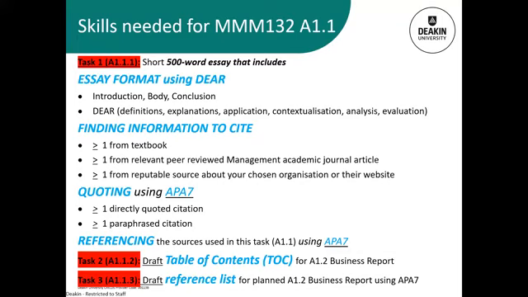You should use in your essay the DEAR format. So in your essay, in an essay format, it will have an introduction, it will have a body and a conclusion, and your essay will have definitions and explanations of the theory concepts. And it will also then apply those concepts to your chosen organisation.